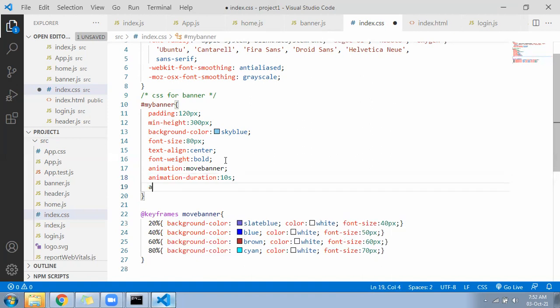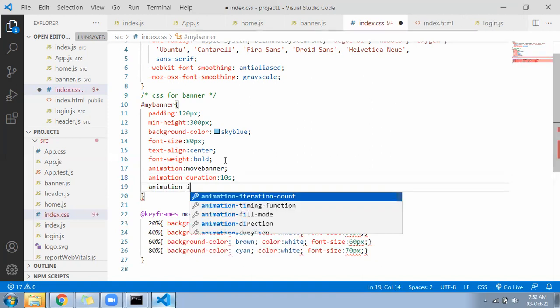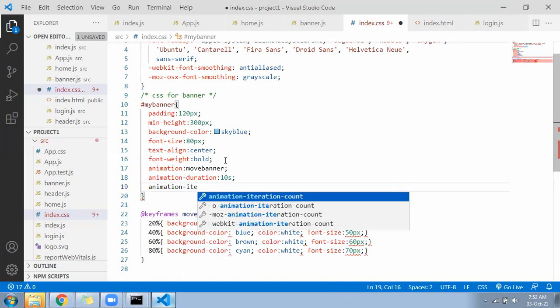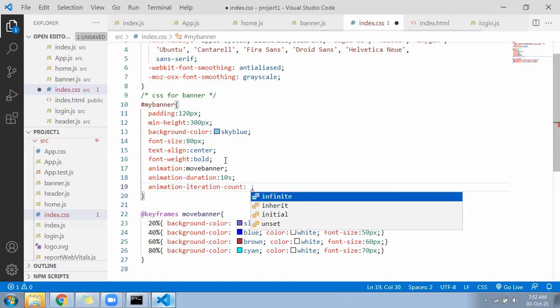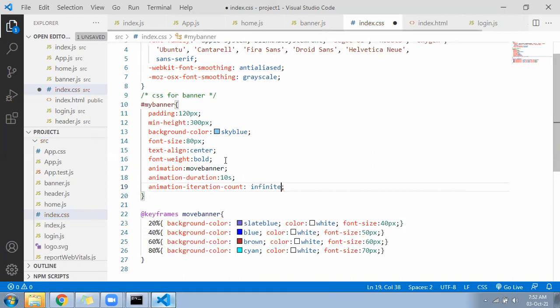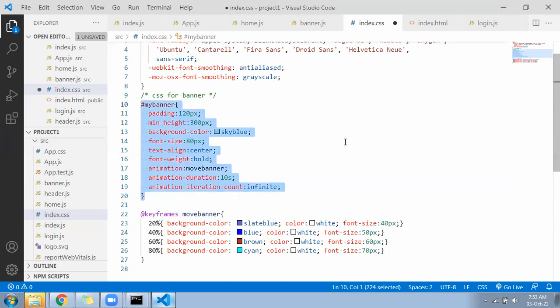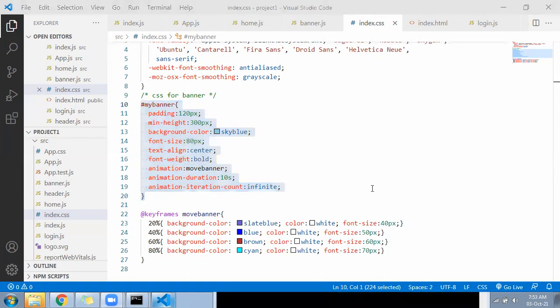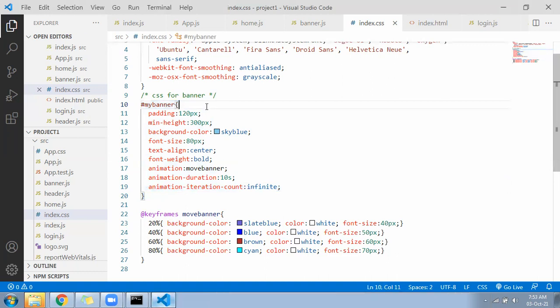Next, animation-iteration-count, infinite. This banner CSS also I will send to your chat. So animation got ready for banner and CSS. Check now. It should work.